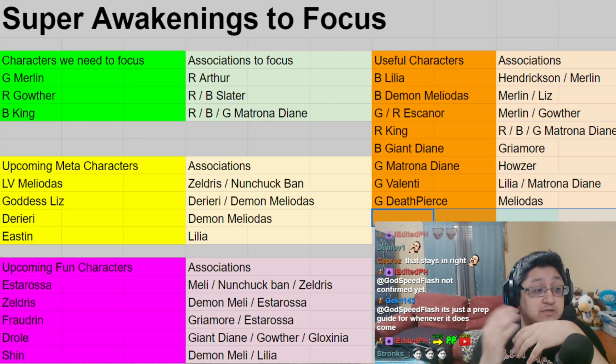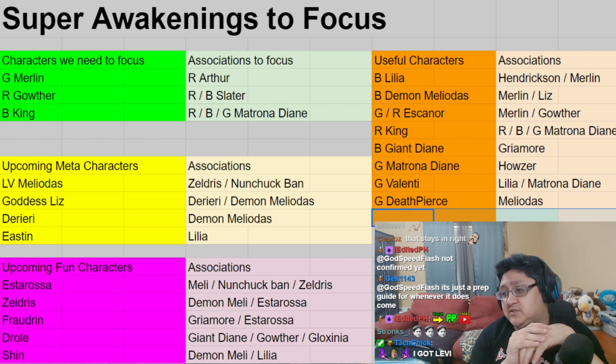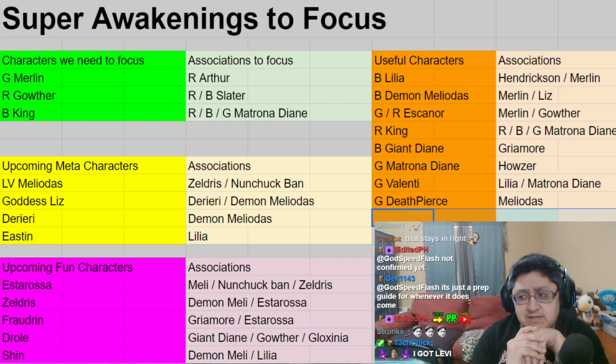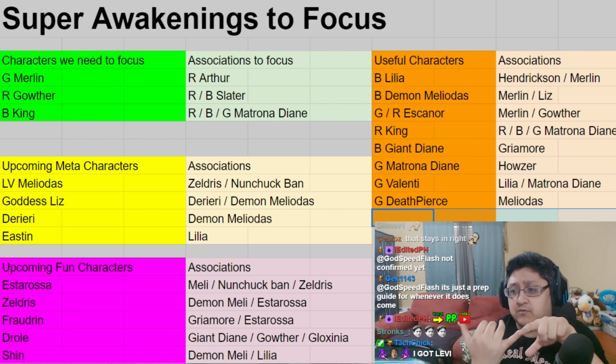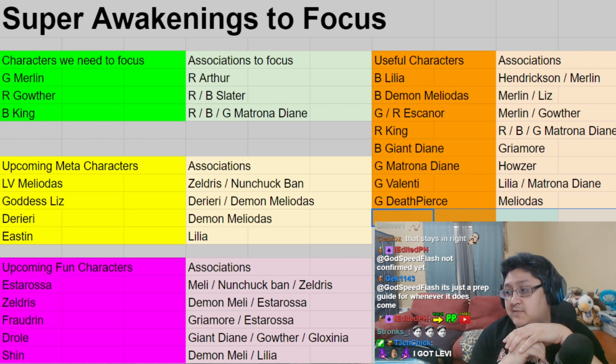Giant Diane is a good unit. Blue Giant Diane is actually one of those units that's really surprisingly good. She is very good against the Lost Vein Meliodas meta team as an ulti rush team. It works well with Gowther, Merlin, and King as an ulti rush character. She does a large amount of damage toward enemy teams, and because she has an attack seal, it makes it